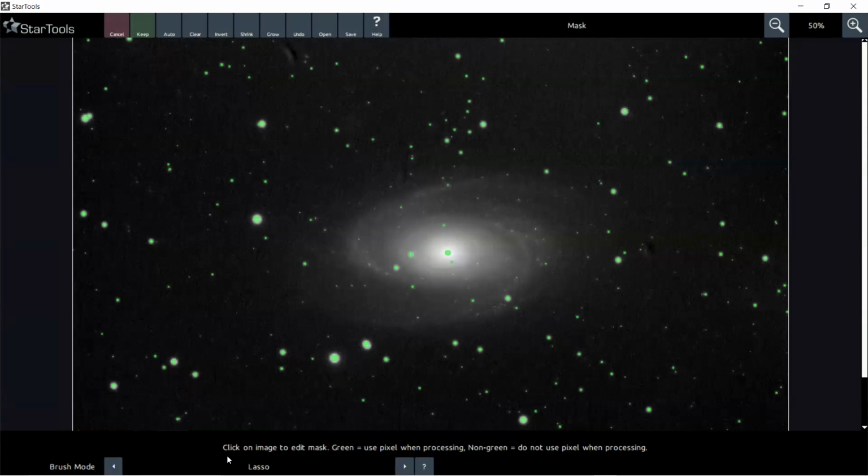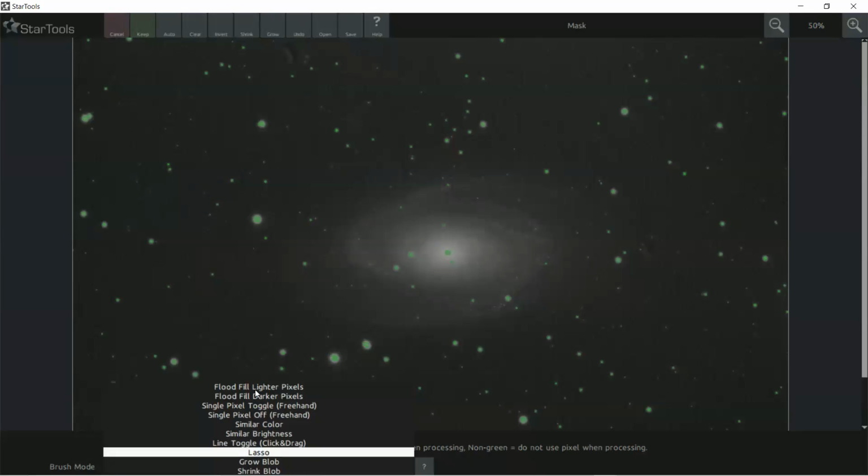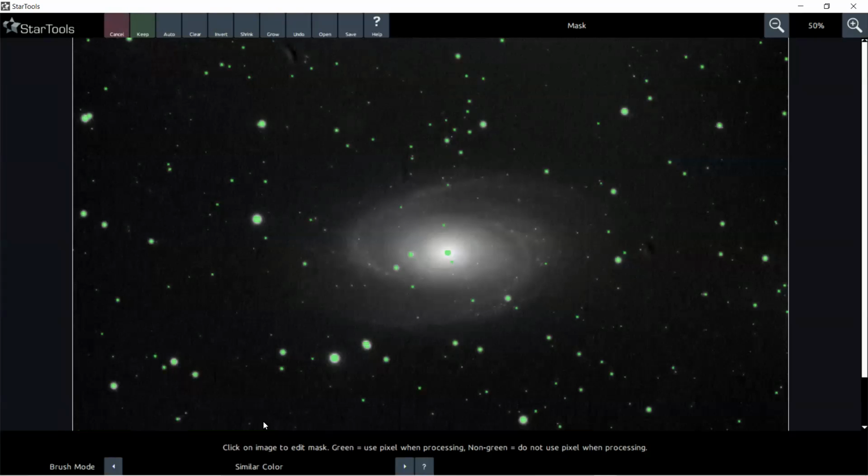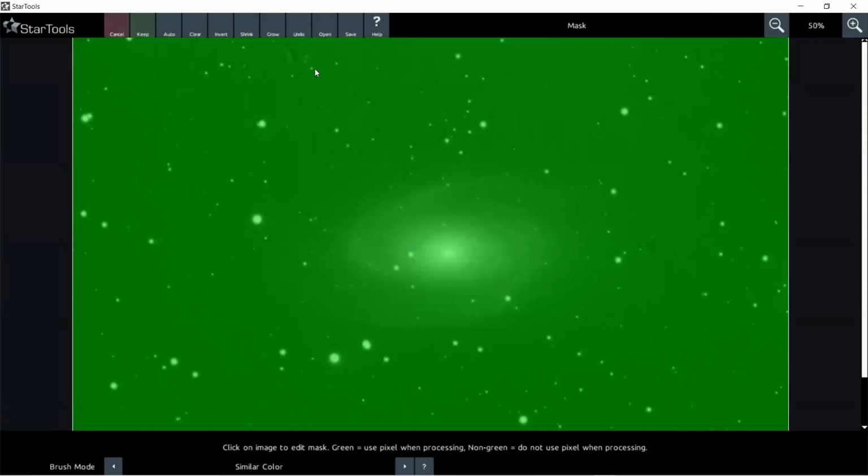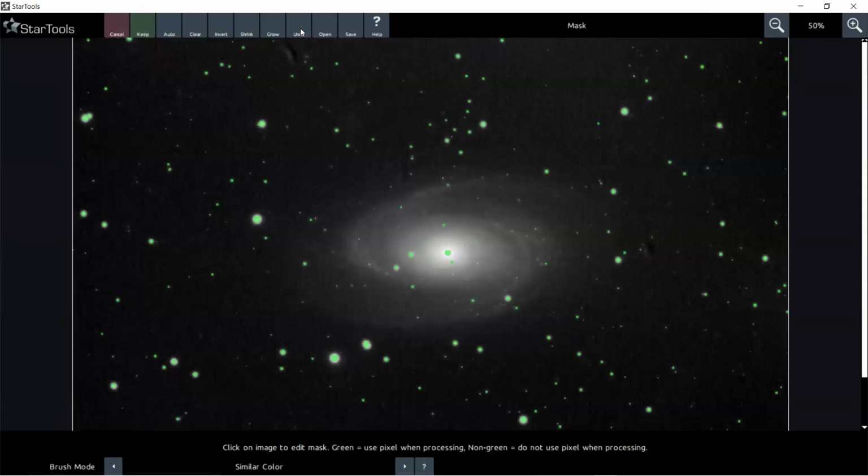So I've got tools here, all different ones that affect. So for example, similar color, it'll go for everything, but it has got an undo button at the top. If you go, similar brightness, if I click that, it'll pick out anything that's of a similar